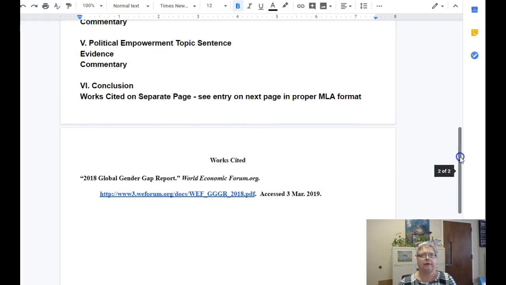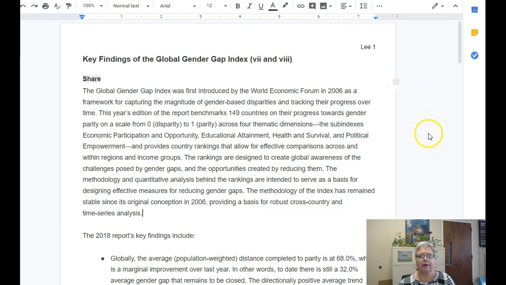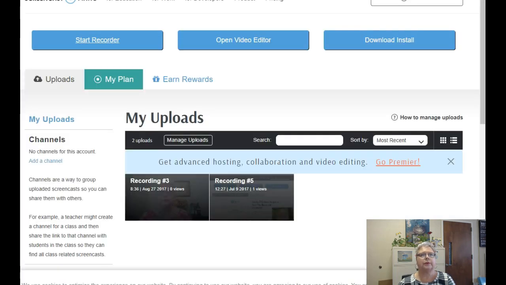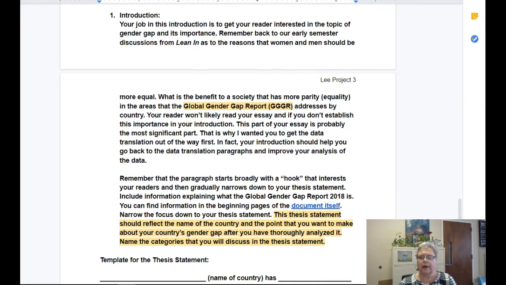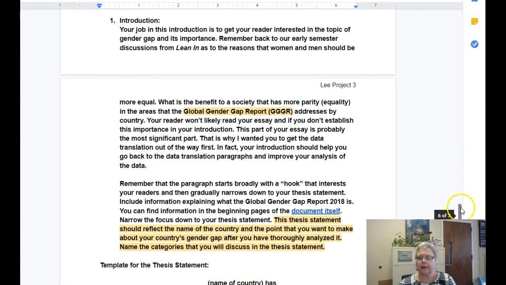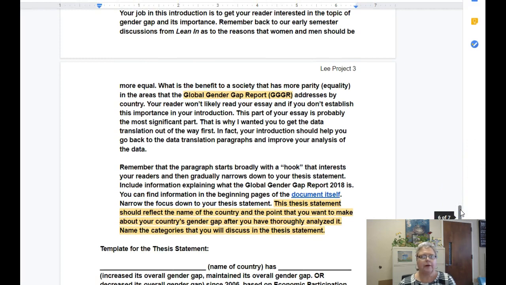And do remember, too, that every time you use information from that report or from this sheet here, the key findings, you need to include page numbers in parentheses at the end of each part of the data that you have used. Okay, so oops, trying to find the cursor thing here. Okay, so